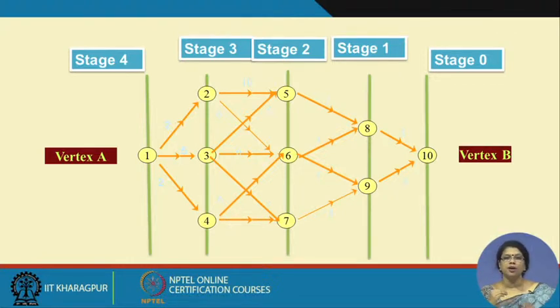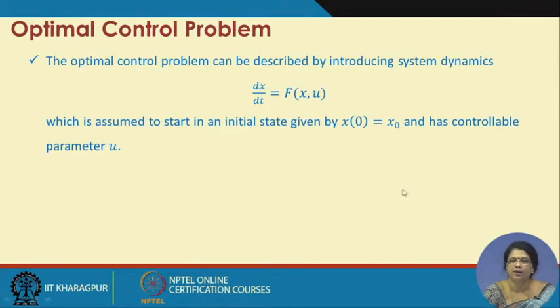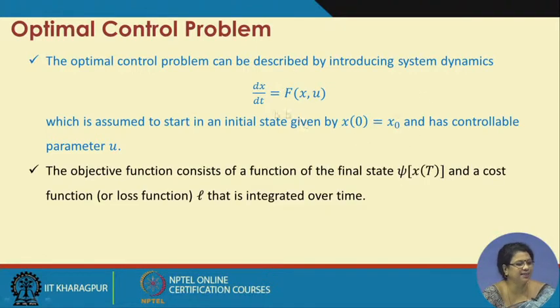The same recursion formula works in different stages, only the objects are different. Okay? That is why I can do forward, I can do backward, everything I can do, and I will get the solution accordingly. Now, the optimal control problem is another kind of problem where really we are having, you see,